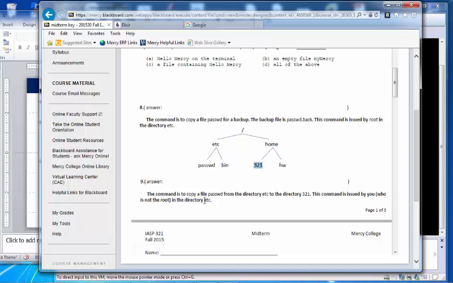In the directory etc. So you are now working in etc. Copy this password file to the directory 321. So it should be cp, slash etc slash passwd, and slash 321, and sudo also.